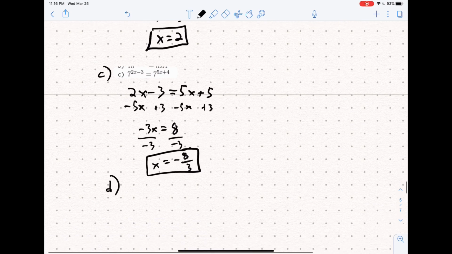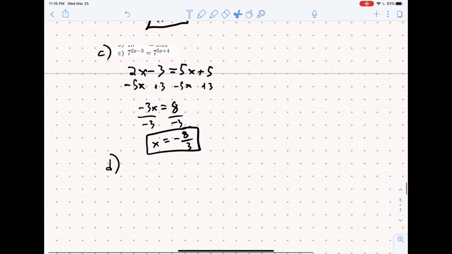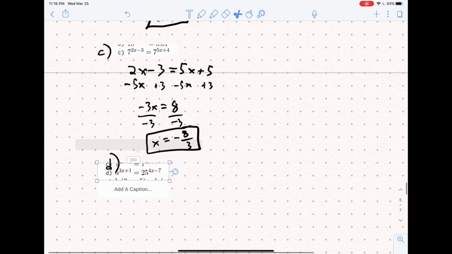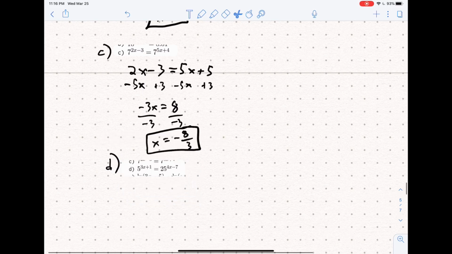Okay, let's take a look at part D. So this one, just grab it. Part D is 5 to the 3x plus 1 is equal to 25 to the 4x minus 7. Here they're making our lives a little bit trickier because we don't have the same base on both sides. However, I do make the following observation,